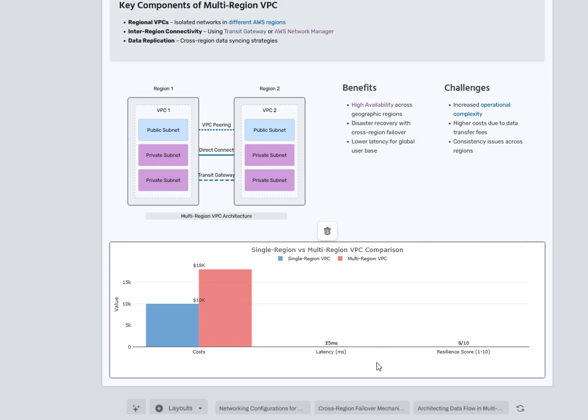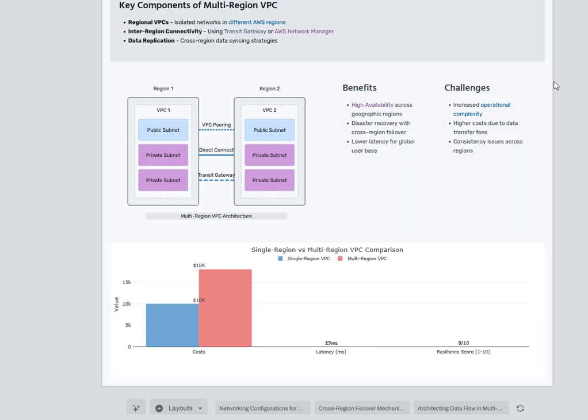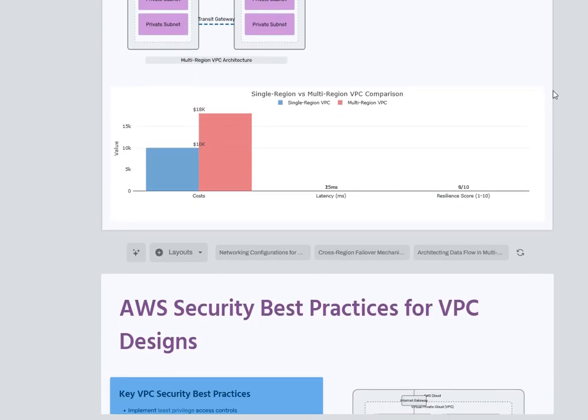And it's the cost versus a single region VPC. See that cost is less, and if you go to multi-region, nearly double the cost if you want to keep multi-region ones, and here the resilience also becomes a little bit less than a single region. So that's about multi-region VPC